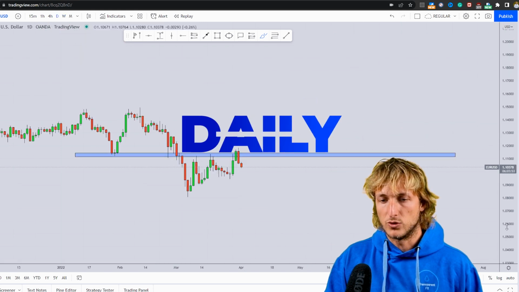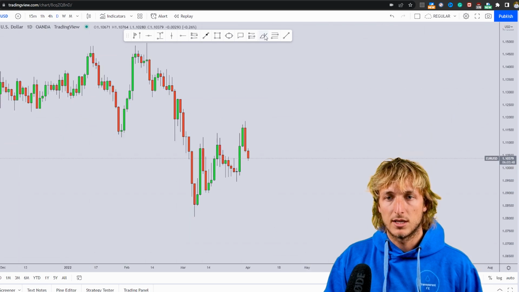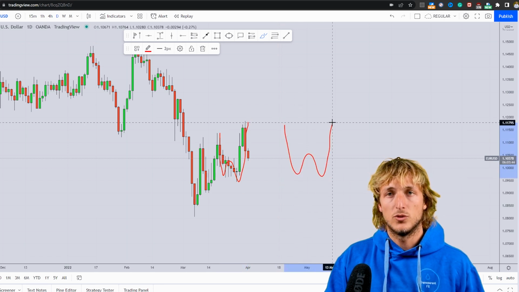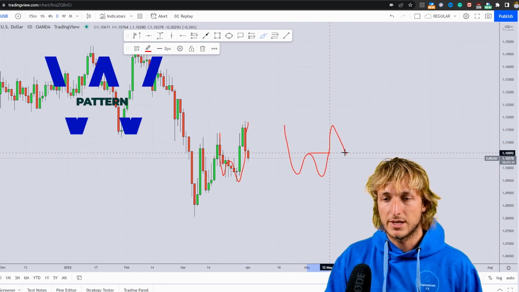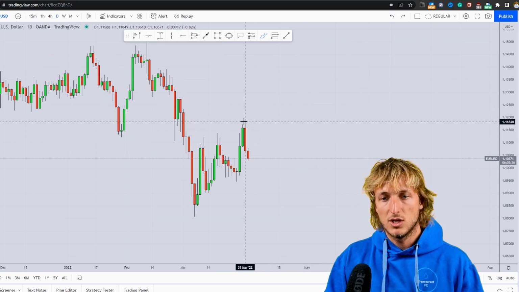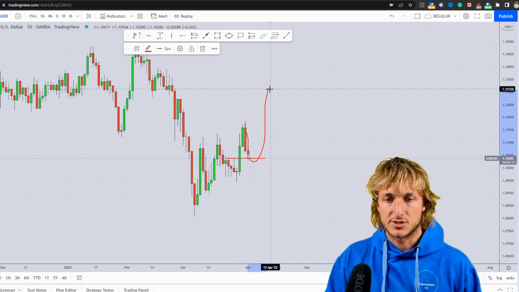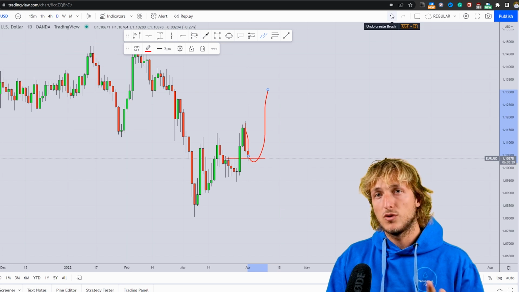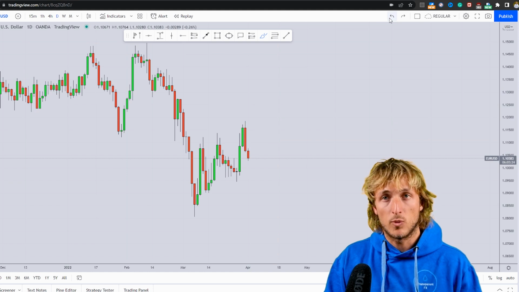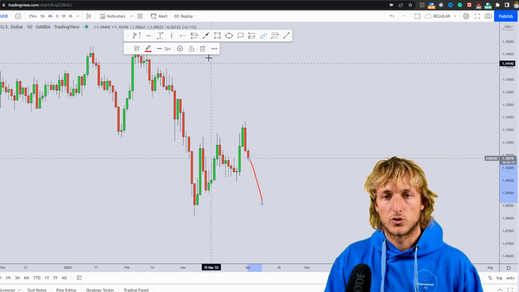Dropping down on the daily, what do we see? Now here on the daily time frame, first of all, we can see how the market had created this W formation. Now, in general, after the creation of a W, what we want to see is the market to create a move to the downside to go and complete the pattern at the previous resistance turn support. So here on the daily, we did expect this move to the downside for the market to complete the pattern at this previous resistance turn support. Now, in general, if we were only to look at the daily, from here you would expect a potential rejection higher. However, we already know from the monthly and weekly that everything is lining up for more continuation to the